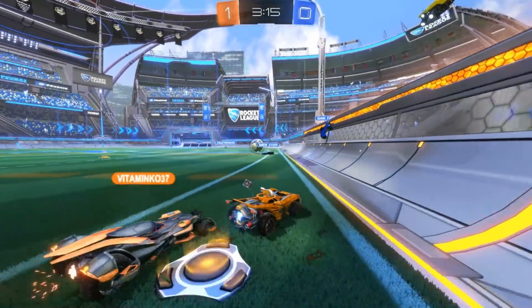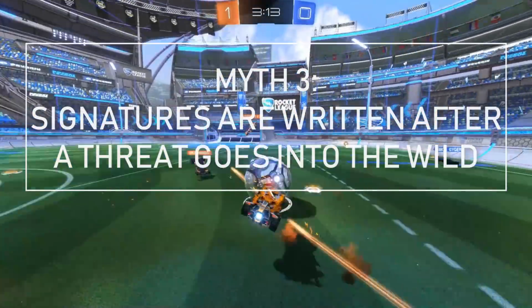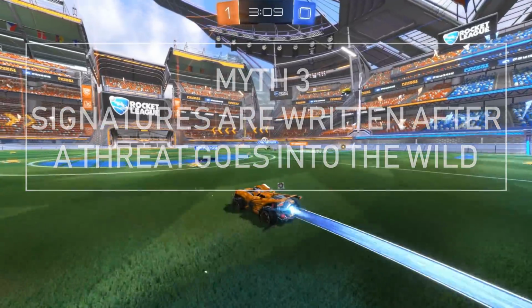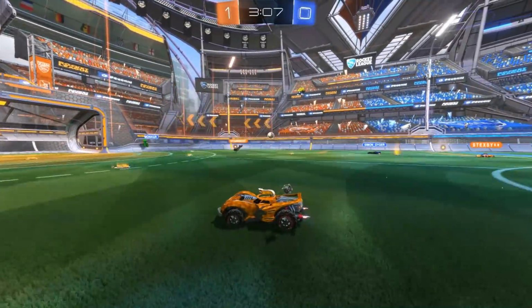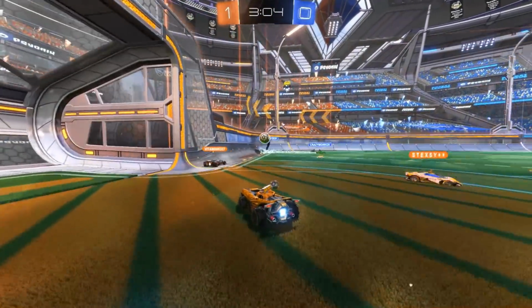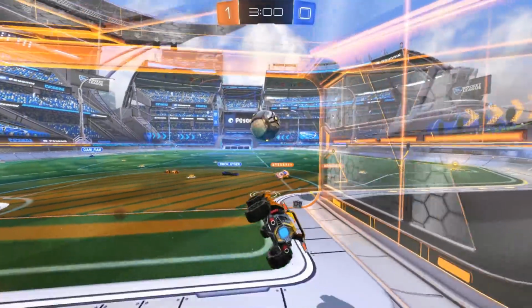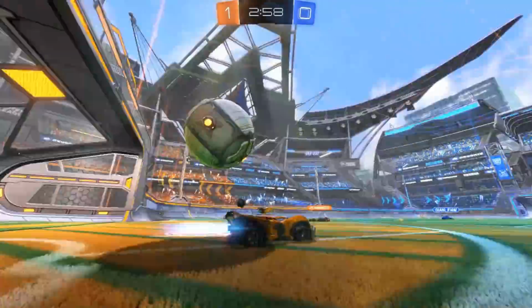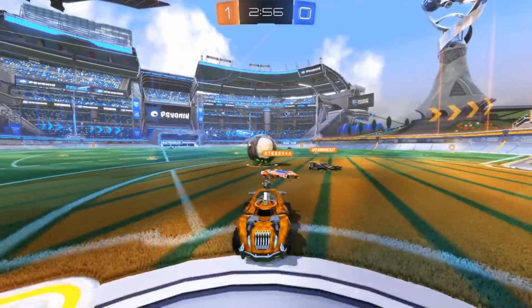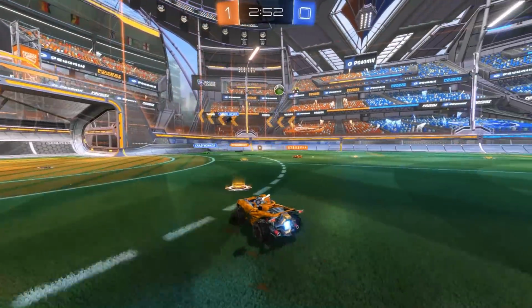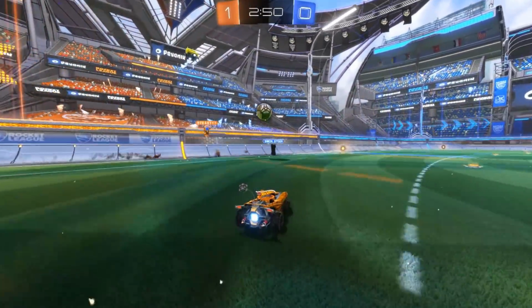And that takes us to myth number 3, which is signatures are always written after a threat is released. And this is also false. As I mentioned earlier, a lot of the time previously written signatures will continue to match threats coming up in the future. But even discounting that, a lot of the time malware analysts and security researchers will find malware in development long before it is actually released into the wild, and they will add signatures at that time.